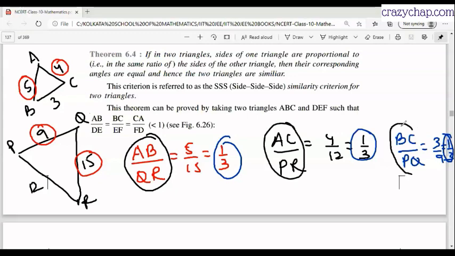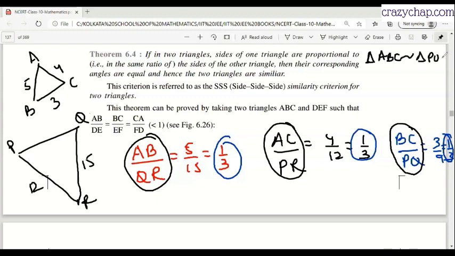Now, after being similar, the condition is very important. Now listen to me very carefully. After you decided that these two triangles are similar, let me mention the sides. We'll say triangle ABC is similar to triangle PQR. And how did we decide they are similar? We decided by side proportionality ratios, right?